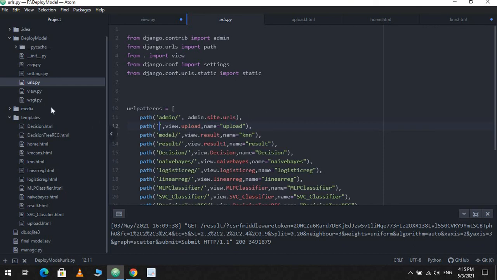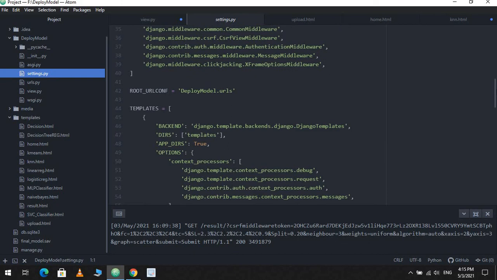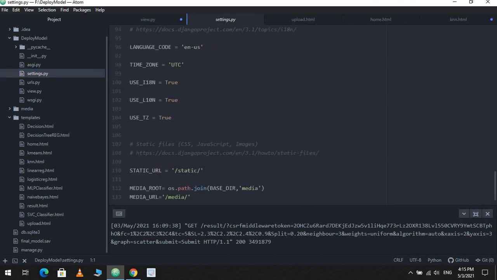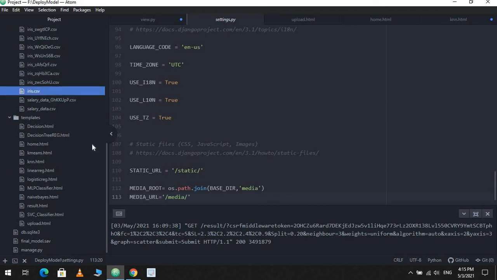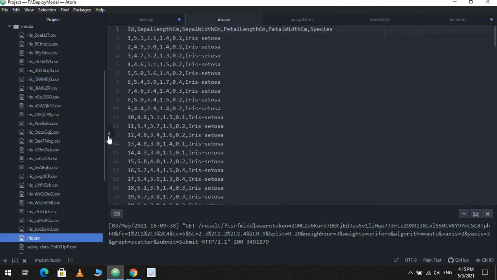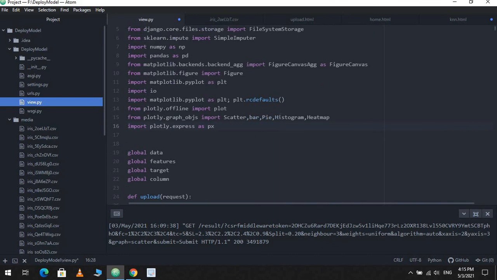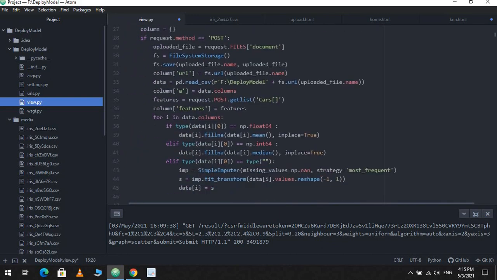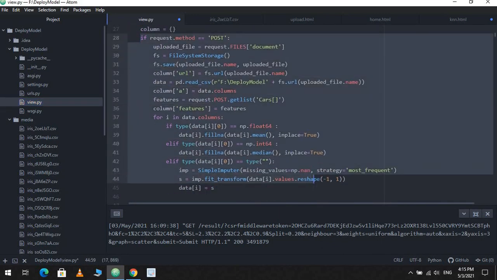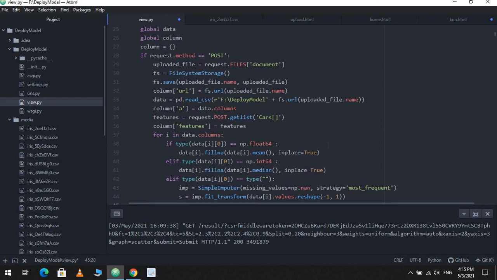And one more change I would like to tell you, in settings.py, for the upload thing, we have used this. In media, we are creating a new folder, media, in which our dataset is going inside iris. I have done this many times, so that's why my new names are created with an underscore like that. And this is your upload function. Here we are appending the upload. We have used JavaScript in that.